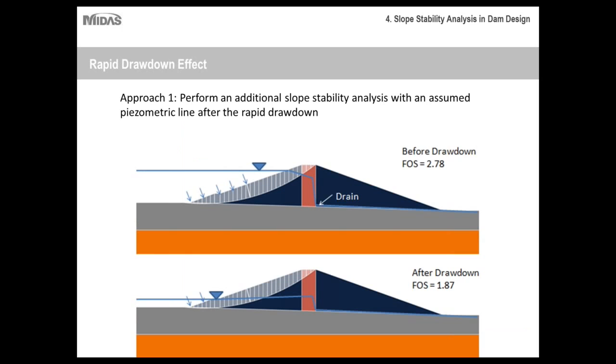Okay, so now let's discuss the rapid drawdown effect. Essentially, rapid drawdown is when the water is drained from a reservoir or embankment at a very quick rate, usually over the course of a couple of hours or maybe even a day. In studying the effects of rapid drawdown, one of the things to take into account is that the presence